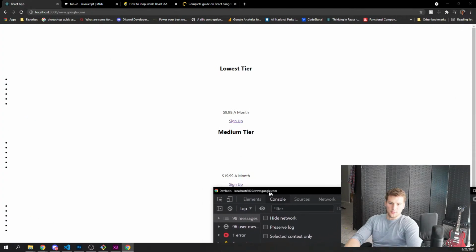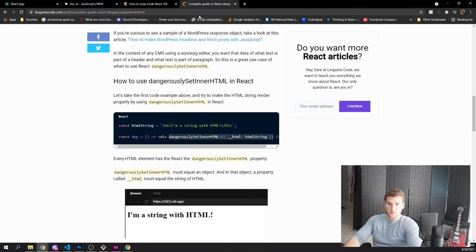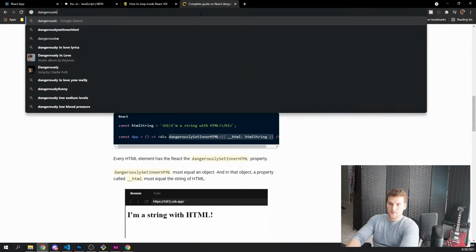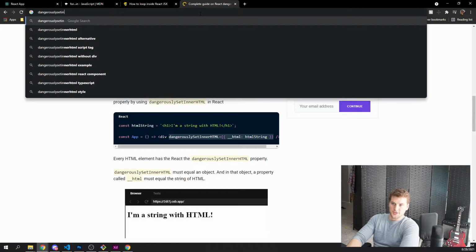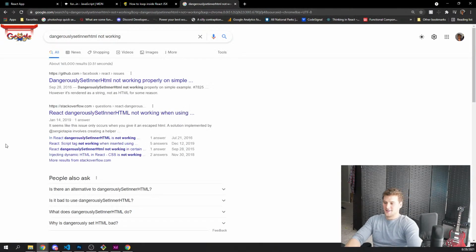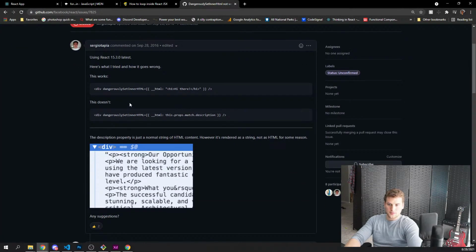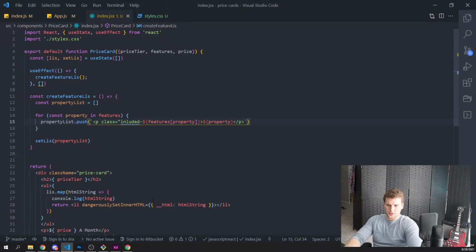Also, why is that in mobile? Boo. Set inner HTML not working. No. Oh yeah, let's try that.